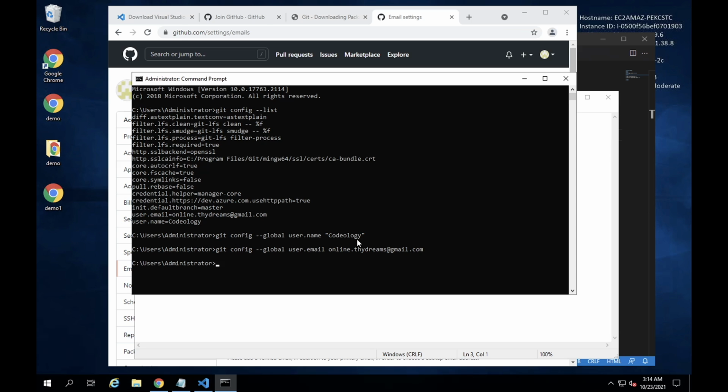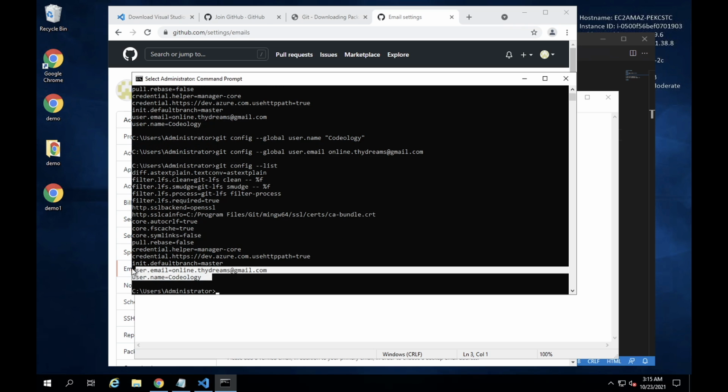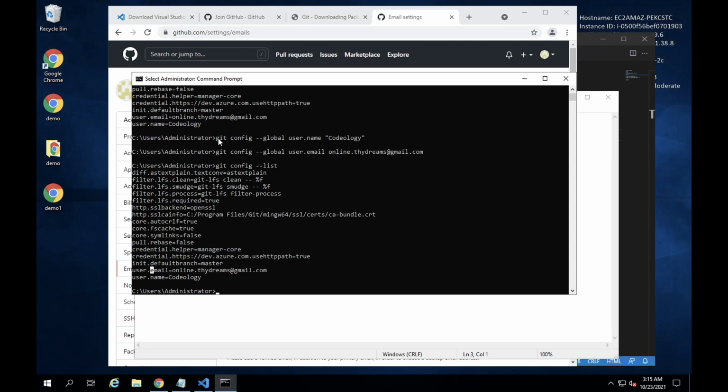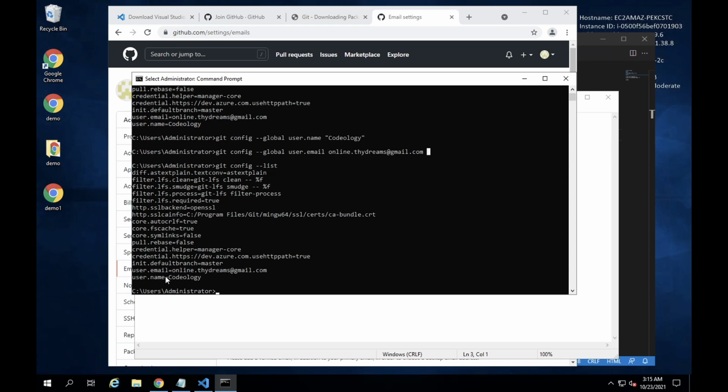Again we will go to that config command, just click enter. See, now before, for you this user.email and user.name will not come because you have not set your Gmail GitHub data in our GitHub config. So for that purpose we need to run these two commands. Okay, after running these two commands you can find your name and also your Gmail account here.